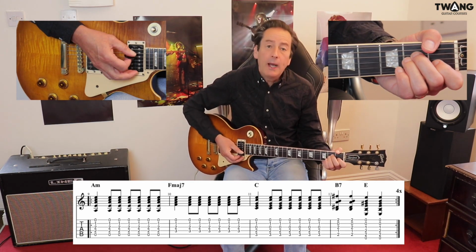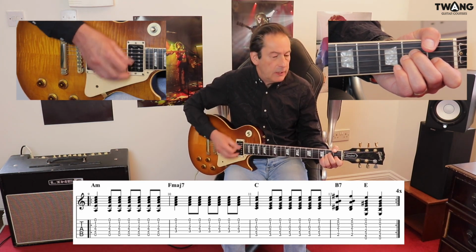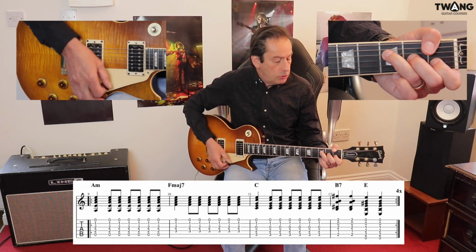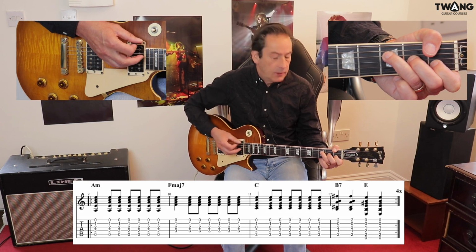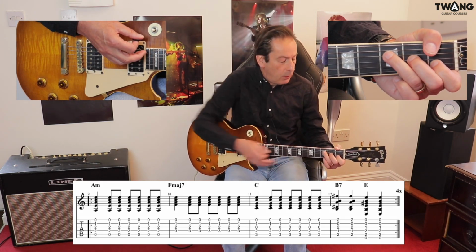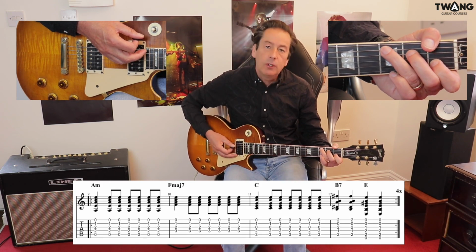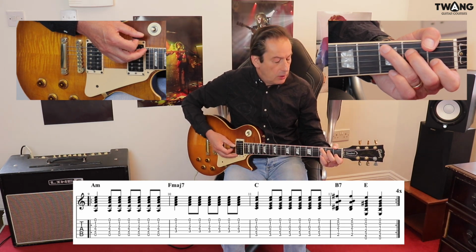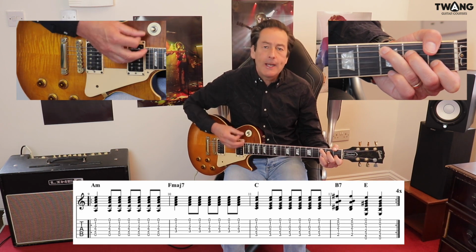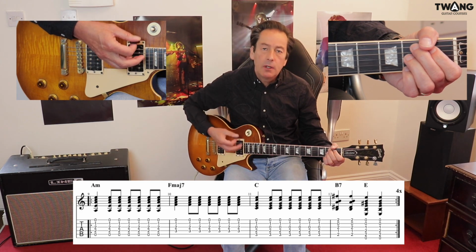Okay, so we've got a full bar on A minor with the same strumming pattern. 1, 2, and 3, and 4, and now we're changing to that F major 7. 1, 2, and 3, and 4, and now if you notice from that A minor to the F major 7, I can leave my first finger where it is, change to the F major 7. Same to the C, I can leave my first finger where it is, just move my second and third up to the C shape. 2 and 3 and 4, and then we've got half a bar on B7,